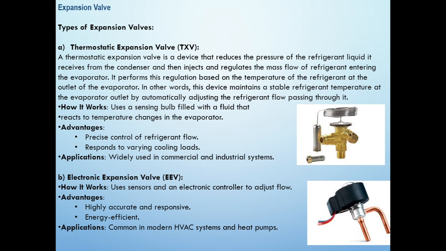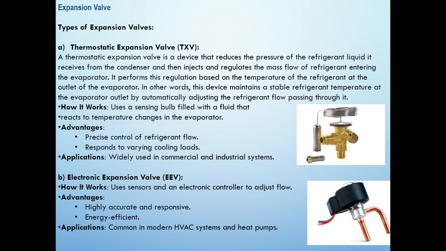It performs this regulation based on the temperature of the refrigerant at the outlet of the evaporator. In other words, this device maintains a stable refrigerant temperature at the evaporator outlet by automatically adjusting the refrigerant flow passing through it. We'll talk about how it works. It uses a sensing bulb filled with a fluid that reacts to temperature changes in the evaporator. Its advantages: precise control of refrigerant flow, response to varying cooling loads, and it's widely used in commercial and